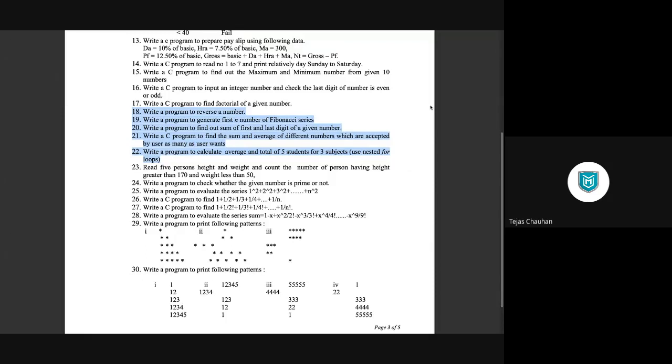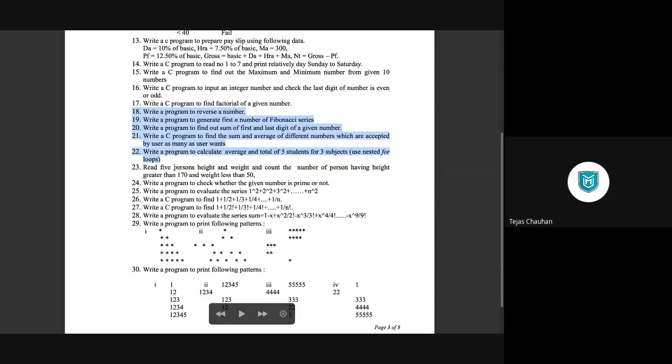Till now, we have gone through multiple programs. We started with very basic programs and basic expression calculations, printf, scanf, and some calculations. Then we went for conditional branching, so if, else if ladder, switch case. Then in a previous lab, we went for conditional looping also, where we saw program numbers 15, 16, 17, and program numbers 29, 30, and 31. So patterns, where we have a number of loops.